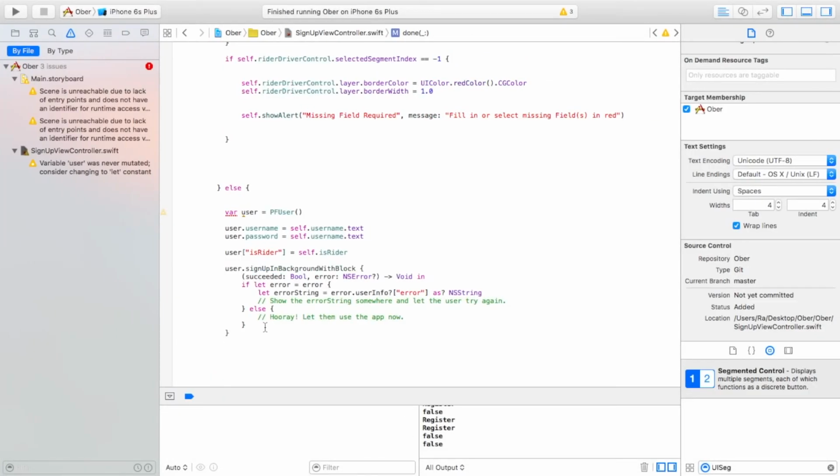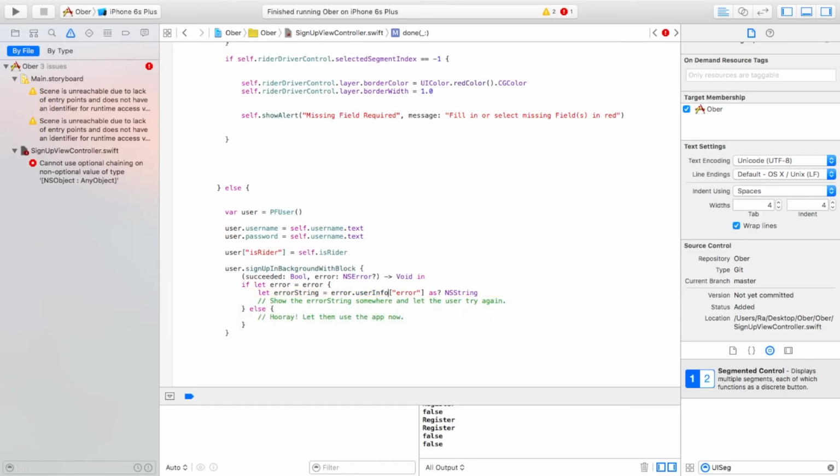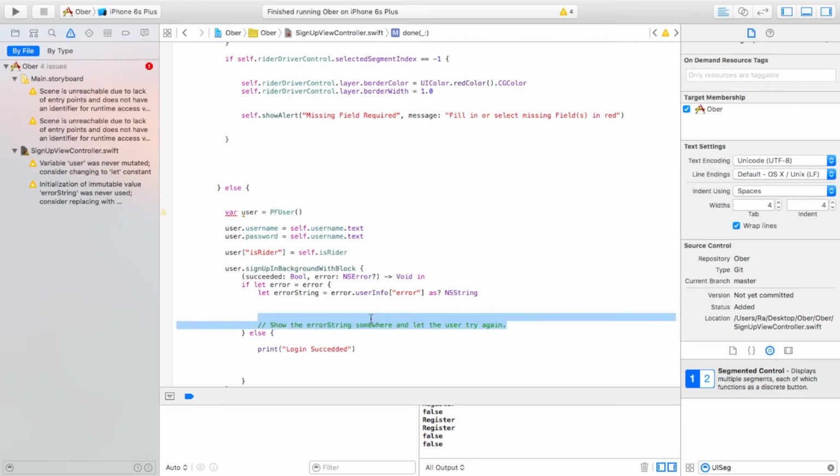And let's paste that in. Alright, so let's see what we got going on right here. It's saying that we need to take out the question mark, so we can do that. Alright, so enter down, and let's move this. And let's just do a print here. Login succeeded. Take this out,